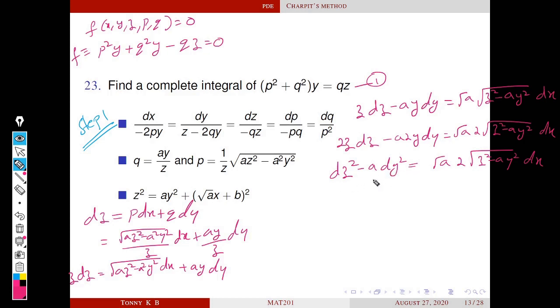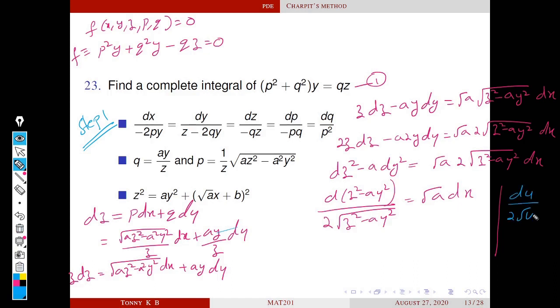Okay, ultimately this becomes the differential of z square minus ay square divided by, now this left hand side is of the form du by 2 root u. This is integrable and its integration is nothing but root u. Similarly, now you can integrate with respect to z square minus ay square. So integrating on both sides, we get